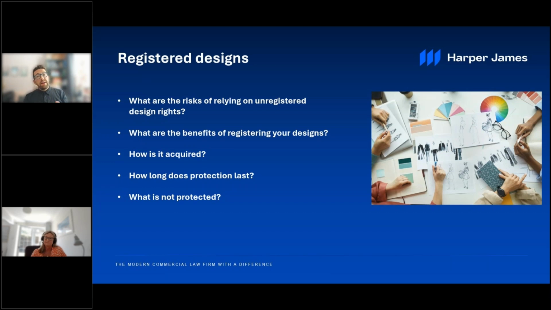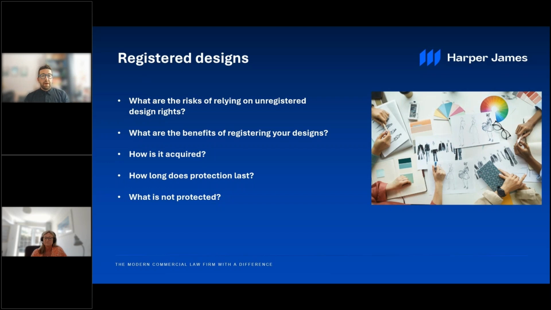A UK registered design right gives you as the owner the exclusive right to use that design and to prevent others from making, selling, importing, exporting, or using products that incorporate that design, or a design which does not produce a different overall impression to that design. We'll come on to what overall impression means shortly. It also then gives you the right to take action against someone that does any of that stuff for infringement